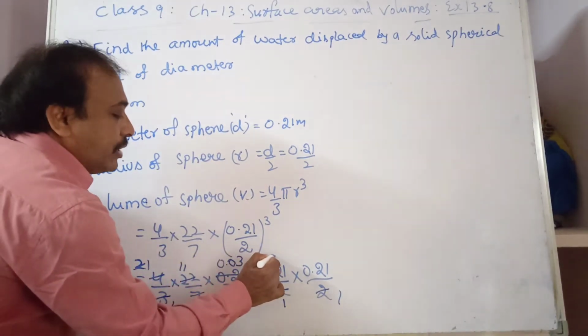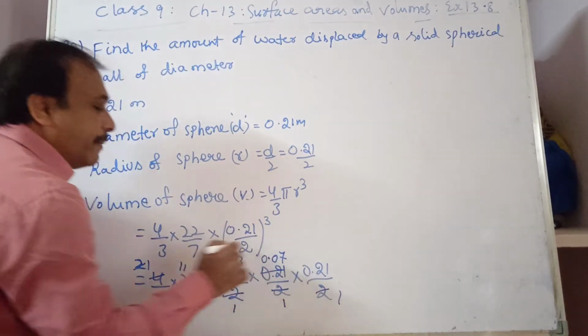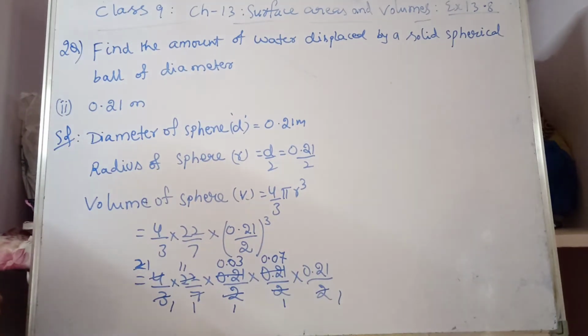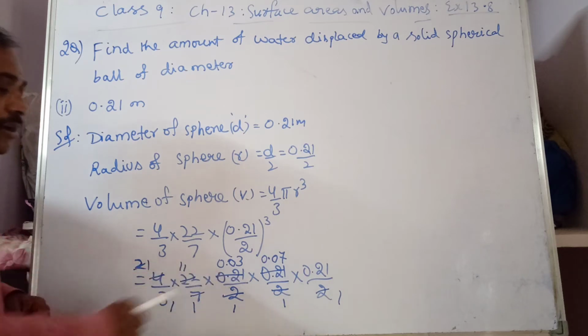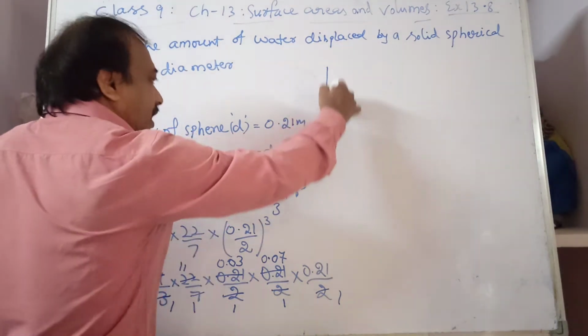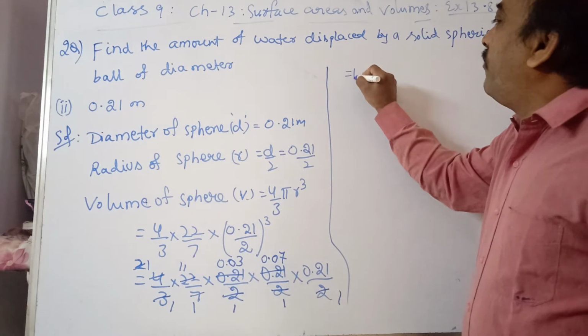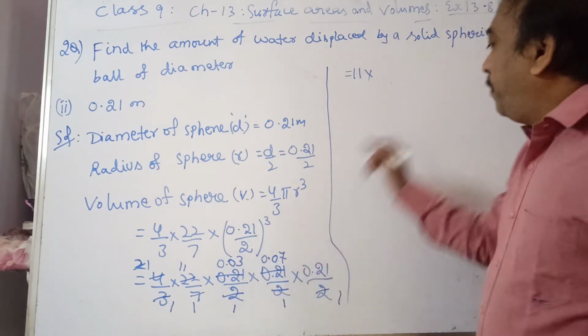No. So 0. 3 sevens are 21. Now what is left over? All the denominator terms are cancelled. In the numerator we have only 1 into 11, which is equal to 11 into 0.03